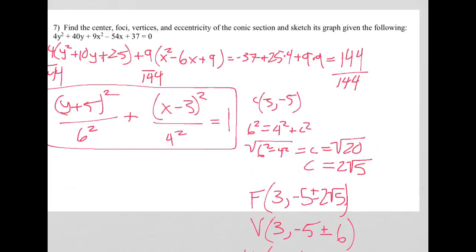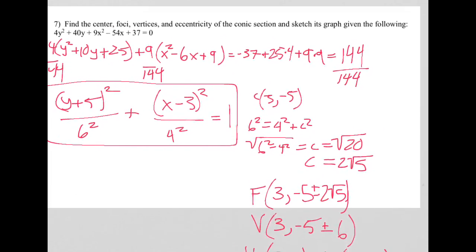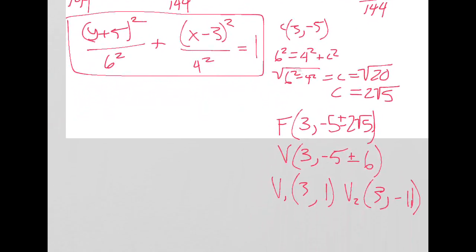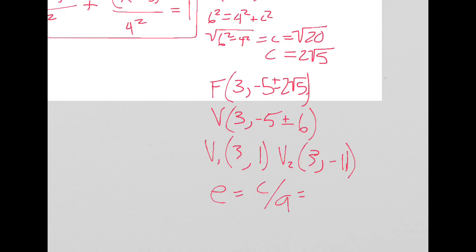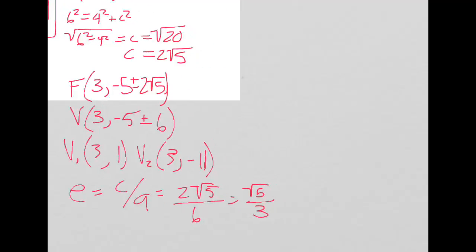And so what else do we need to do? We need to find the eccentricity of this conic section. So remember, the eccentricity is c divided by a. So in this case, the eccentricity is our c value, 2 root 5, divided by our a value, which is 6. So we can write this as root 5 divided by 3, simplifying that 2 over 6. And we can figure out an actual approximation for this. And if you crunch that number, you should find that the eccentricity is